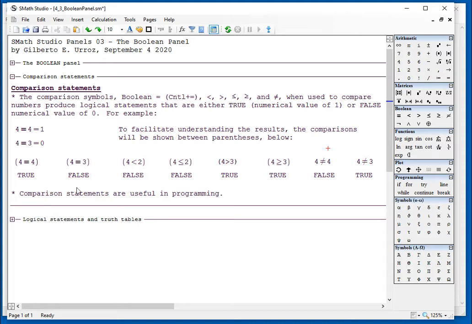I have a number of logical statements. In order to avoid any discrepancies, I put parentheses in some of them. So if I click here and say equal, 4 is equal to 4, true. 4 is equal to 3 is false. 4 less than 2 is false. 4 less than or equal to 2 is also false. 4 is greater than 3 is